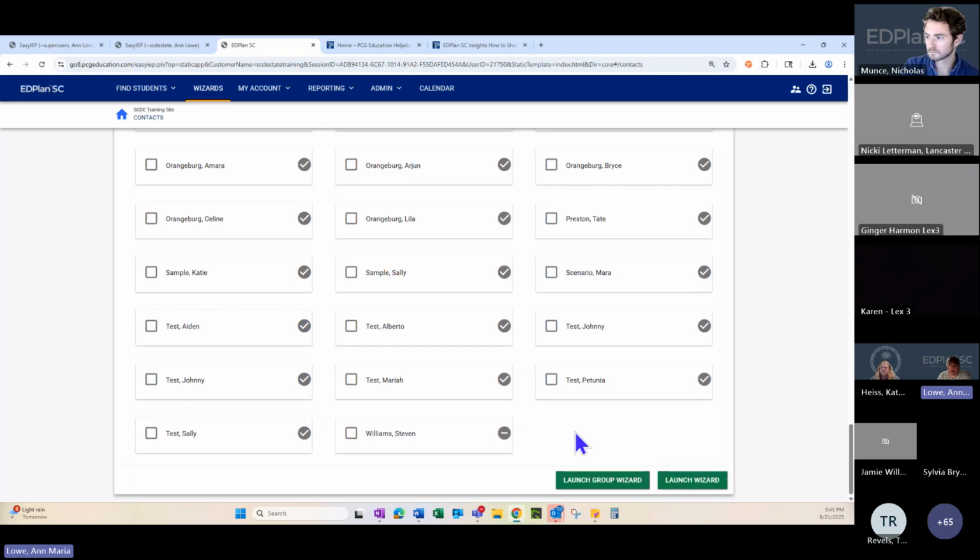Scroll to the bottom, and I have two choices: Launch Group Wizard or Launch Wizard. I was thinking about when you would want to do either one of these.